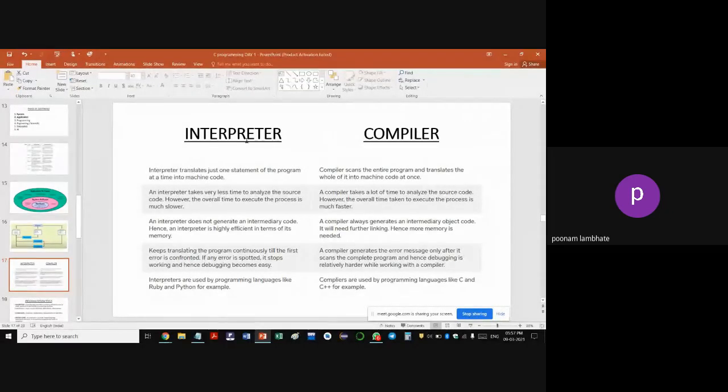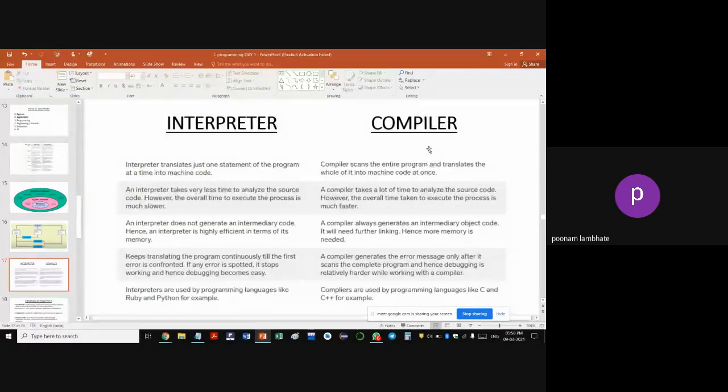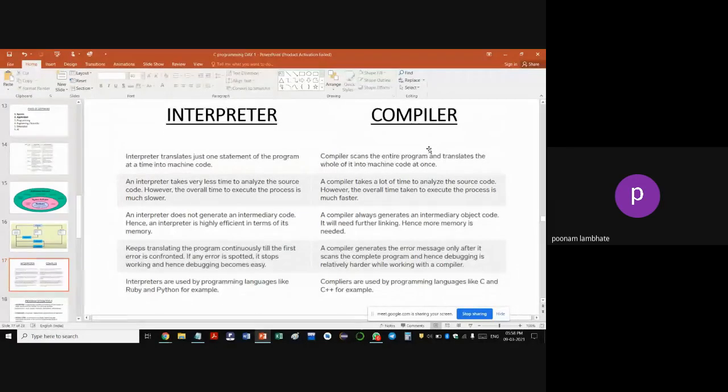Now, interpreter and compiler have some differences. Look at the first column, interpreter. It translates just one statement of the program at a time into machine code. Suppose you write one statement, then you write another statement, and like this you build your program.